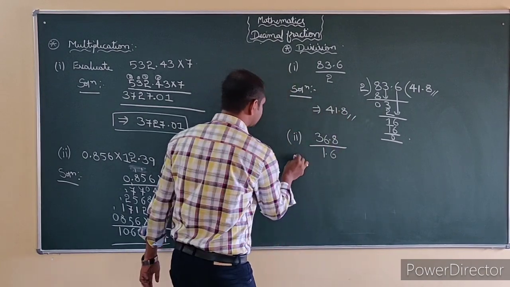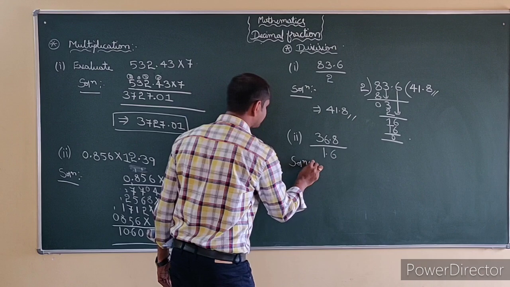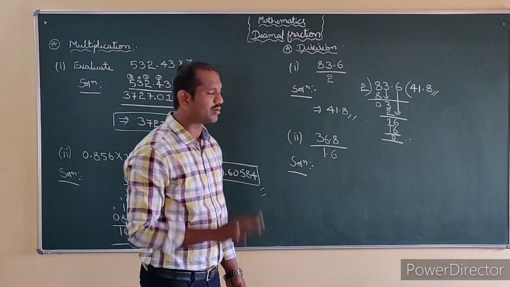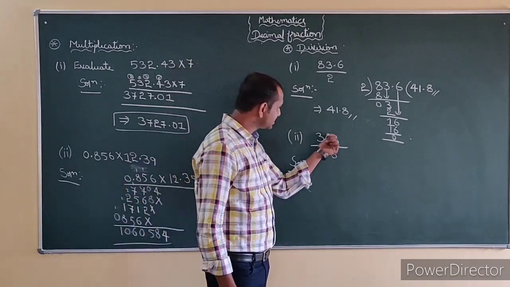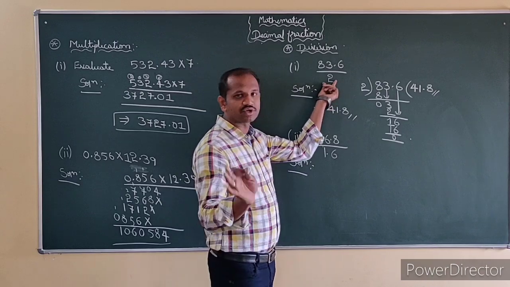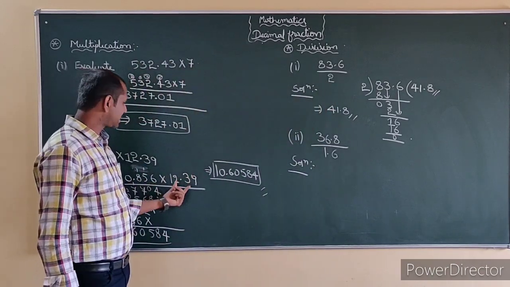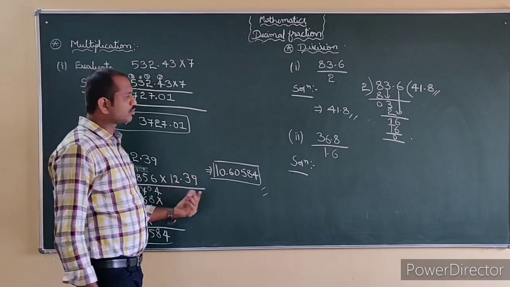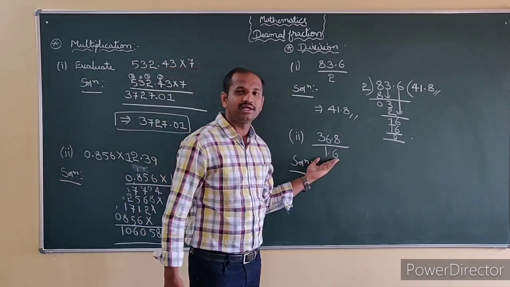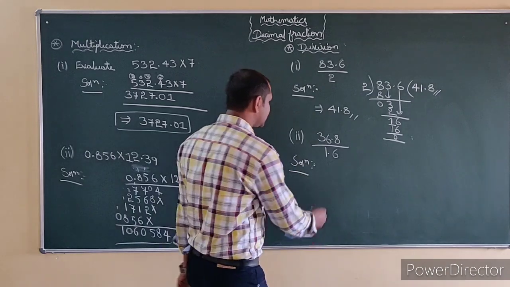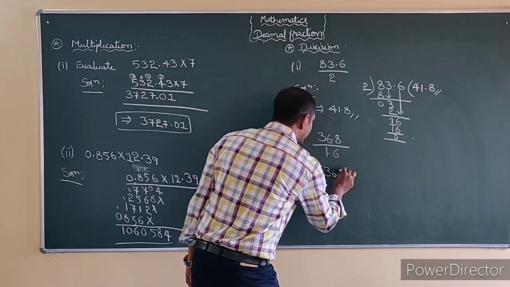So now I have the same way of division method. All this we have done in a number of problems, but here the variety is both. Here the denominator was not having any point. Here the number was not having any point. In the second method I have taken points on both sides, and even in division we have a point. How to do this? In this case we have to multiply the number